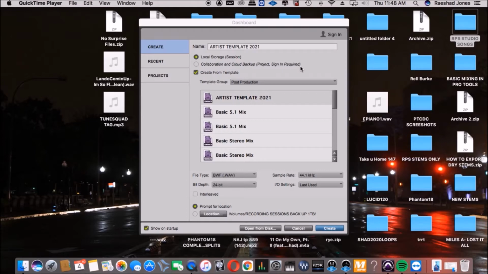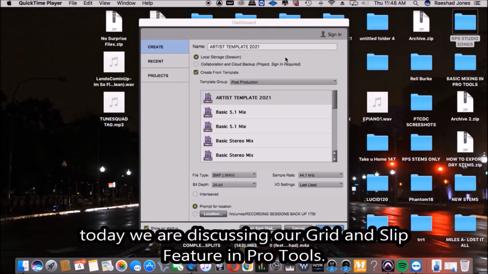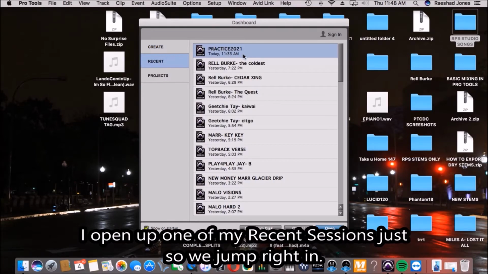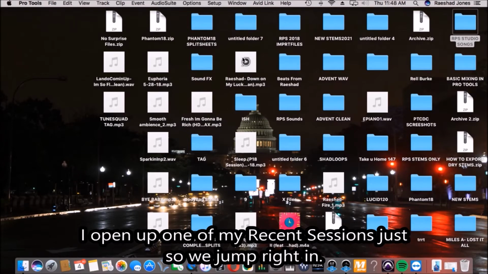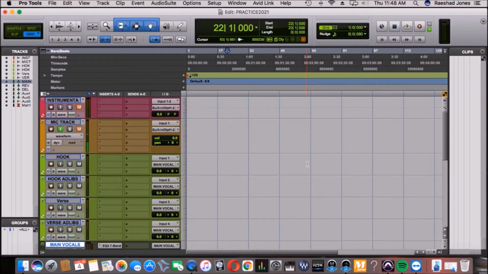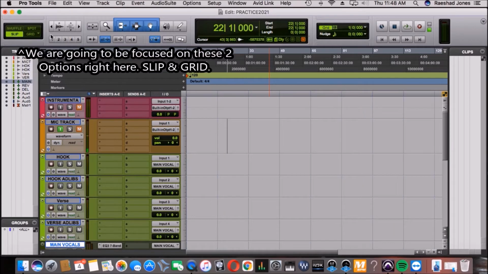And today we're going to be talking about how to use our grid lines and the difference between grid and slip in Pro Tools. So basically, the first thing we're going to do is open up a recent session. We're not going to do nothing fresh. Let's open up Practice 2021. And today we're just going to be going over how to change our grid lines and also the difference between our slip over here to the left and our grid